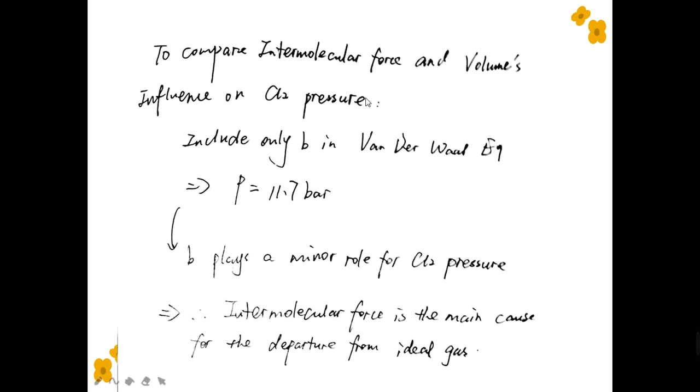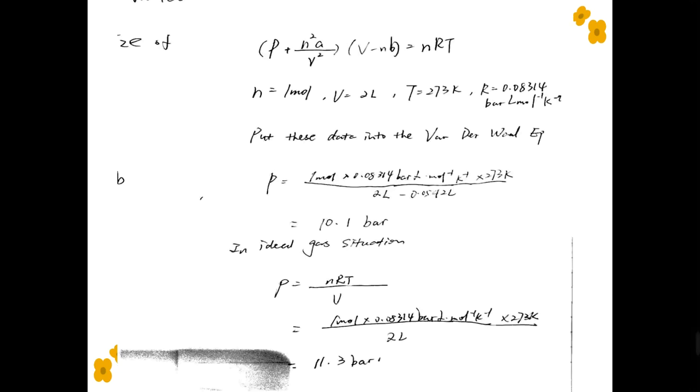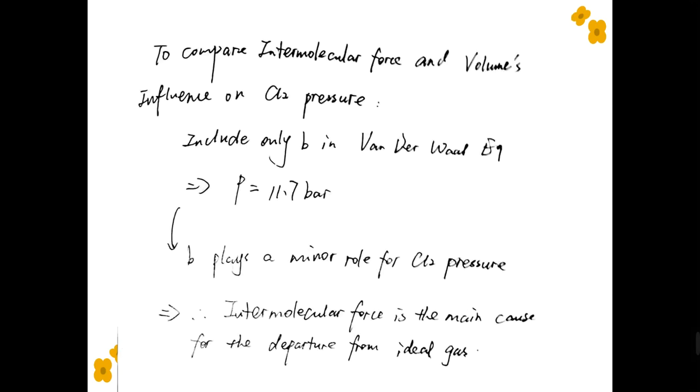And to compare the intermolecular force A and volume influence B on the pressure, we include only B in the van der Waals equation, which means we put all elements and B except A in the van der Waals equation, and we get the pressure is equal to 11.7 bar, which means